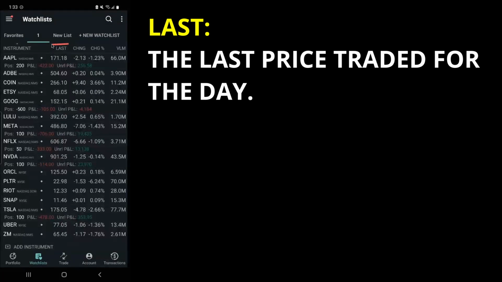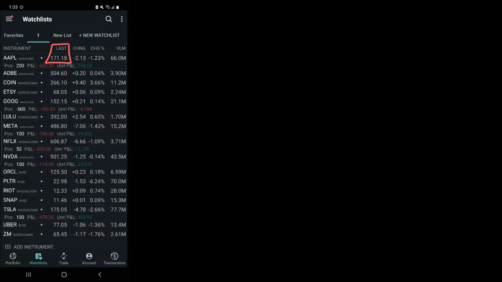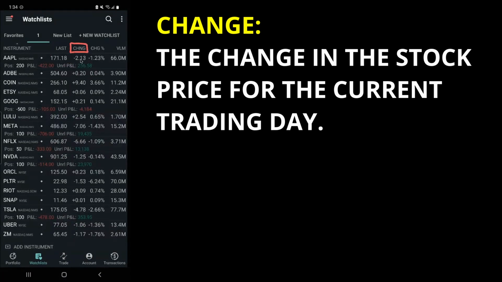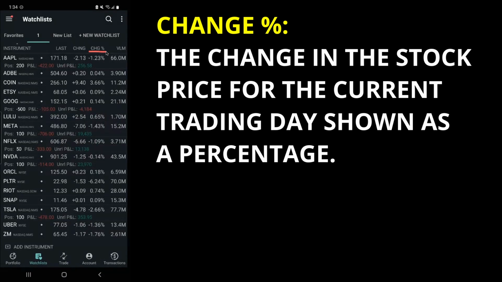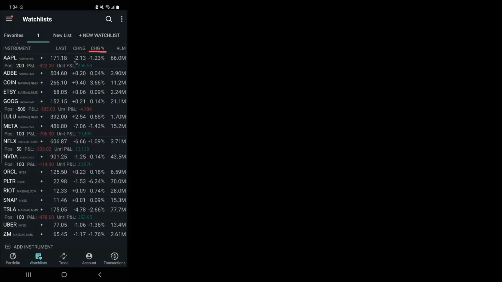First, we've got the last column, which just gives you the price that the stock was currently trading at, or the last price it was traded at. You've got the change, which is the change in the stock price for the current trading day. You can see Apple is down $2.13 on this trading day. Then we've got change percentage, which tells you how much the stock is down as a percentage. So it's down $2.13 on this trading day, which means that it is down 1.23%, or a drop of 1.23% for